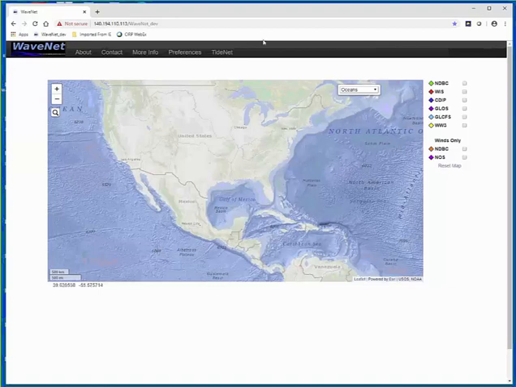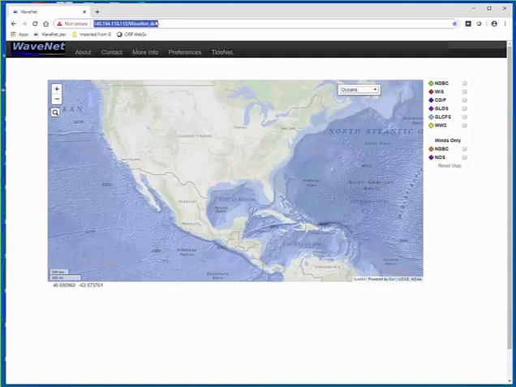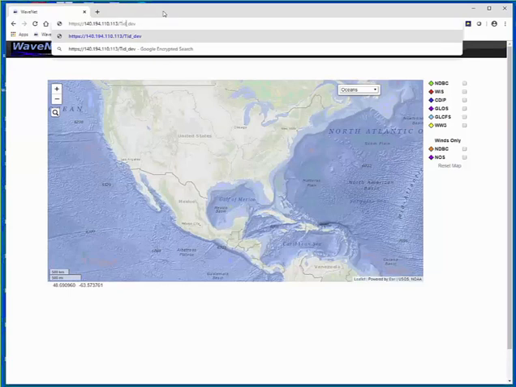I quickly want to go to TideNet. At the top right here in the menu, you can do it two ways. You can go here and instead of typing WaveNet_dev, you can say TideNet_dev, and it automatically will go to that.